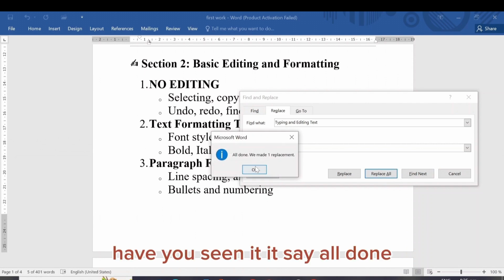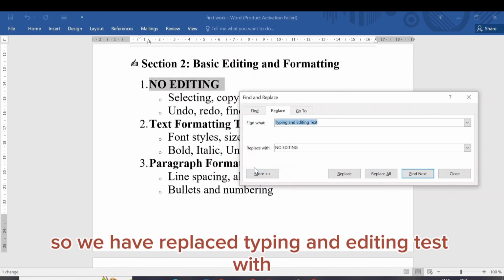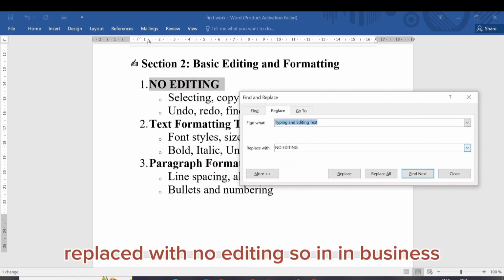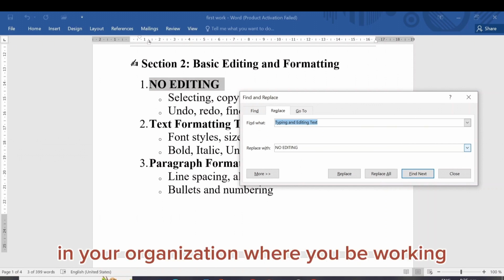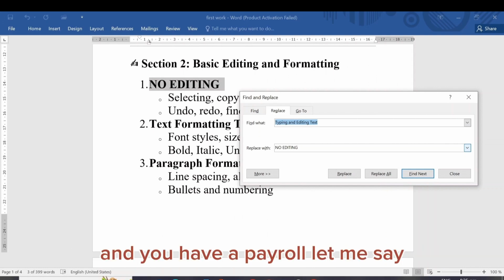Have you seen it? You say all done. We have replaced "typing and editing test" with "no editing." So in business, in your personal project, in your organization where you will be working, and you have a payroll,